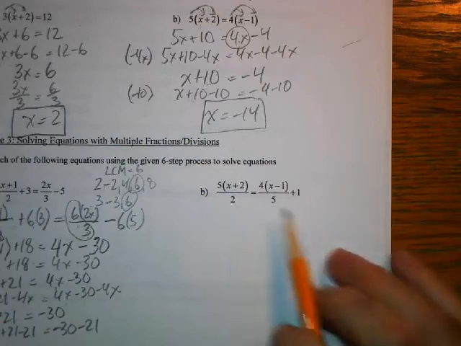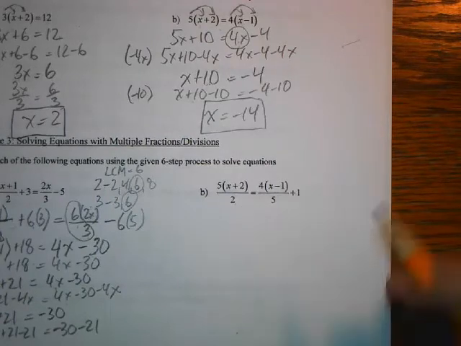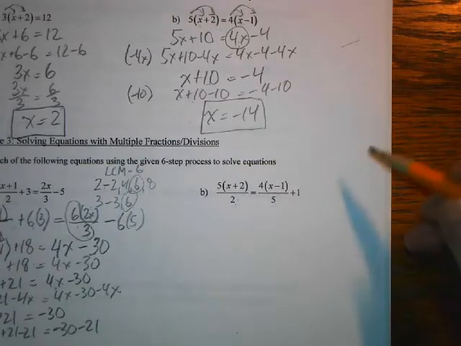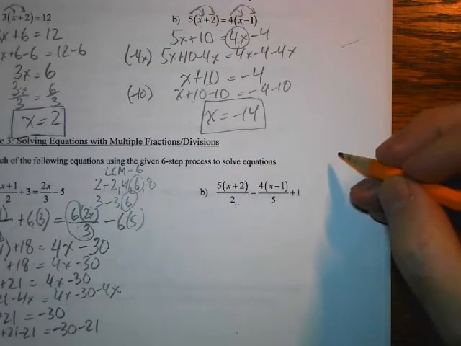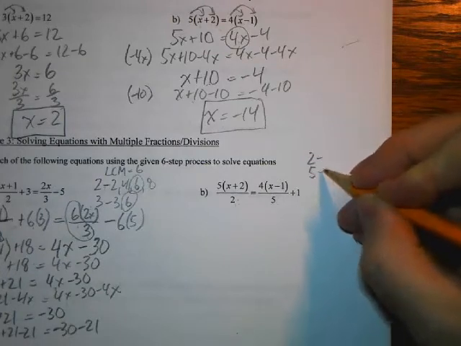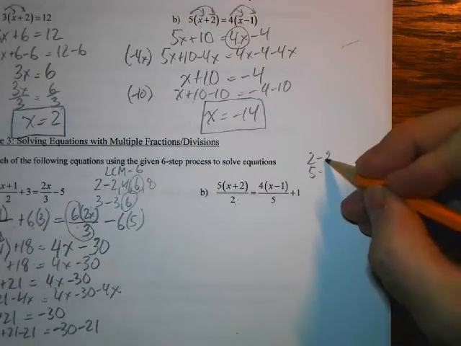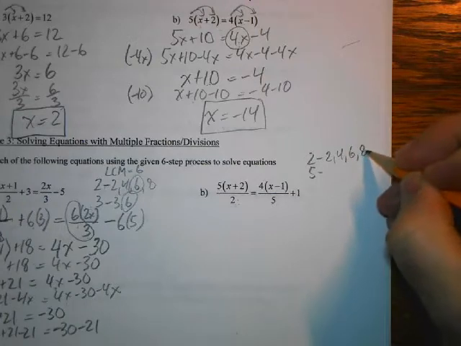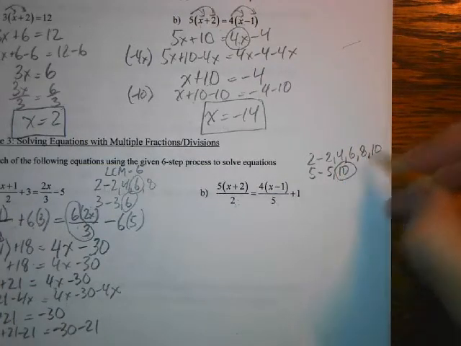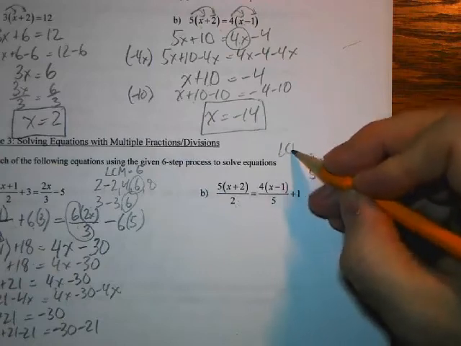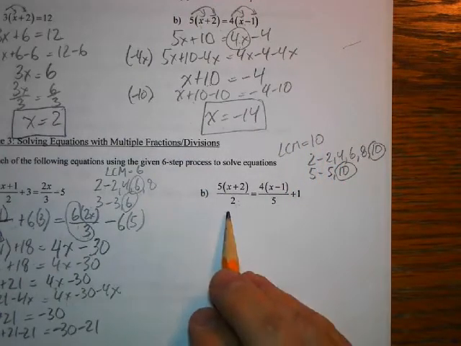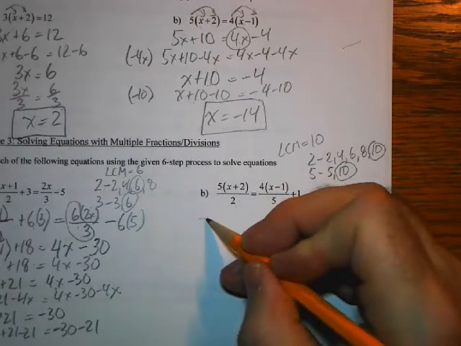So again, we've got fractions, so we have to do step 1. I'm focusing in on those 2 denominators, 2 and 5. So I want to get the lowest common multiple of 2 and 5. If we write out our multiples, you can see pretty quickly it will be 10. 10 is the lowest common multiple of those 2. So that means I have to multiply everything by 10. So when I rewrite this,